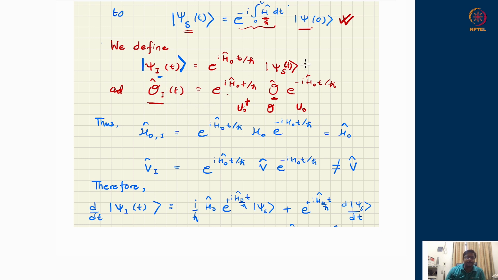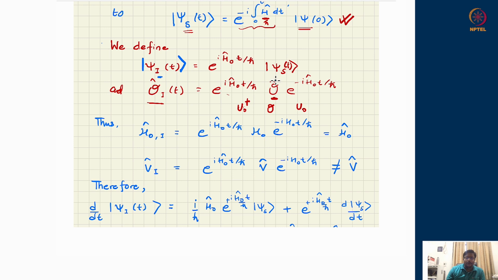Remember, in Schrodinger evolution, the full Hamiltonian evolves the state. Here I'm not evolving with respect to the full Hamiltonian, only the free part. Similarly, in the Heisenberg picture, the operator is evolved with respect to the full Hamiltonian. Again, I am not doing evolution with respect to the full Hamiltonian, only the free part. So therefore, I am in between. The state has been evolved and the operator has also been evolved, and we are in between. It is not being done with respect to the full Hamiltonian, but one piece of the Hamiltonian which is exactly solvable. How this is useful will be very clear in a couple of minutes. So let us go along with this.